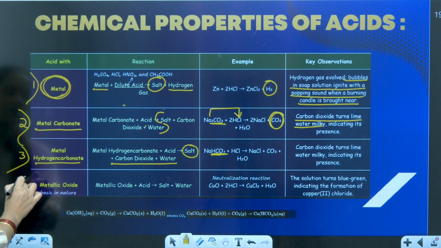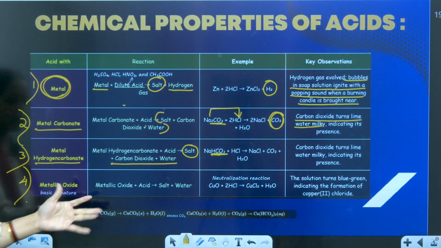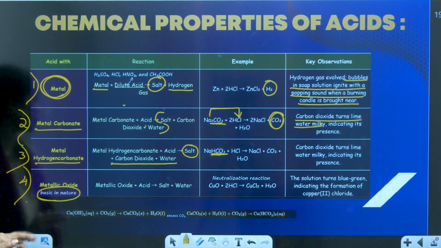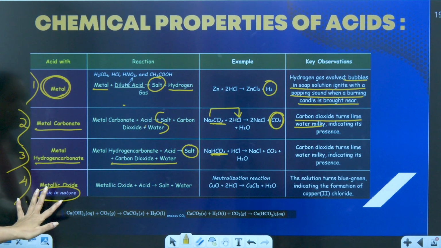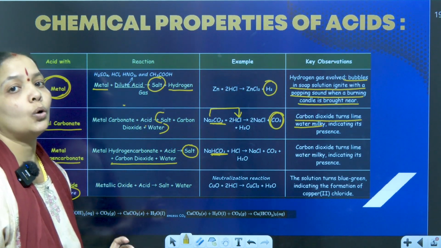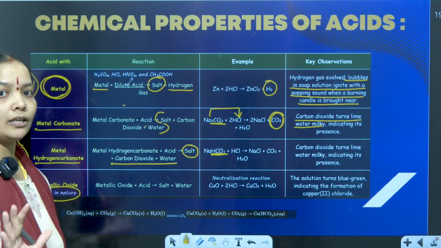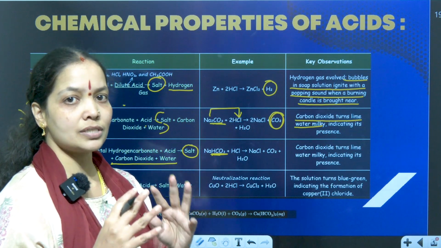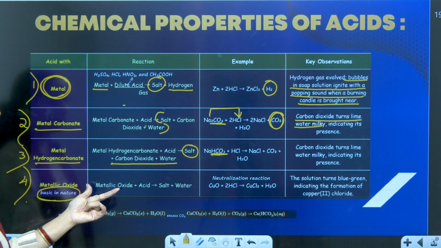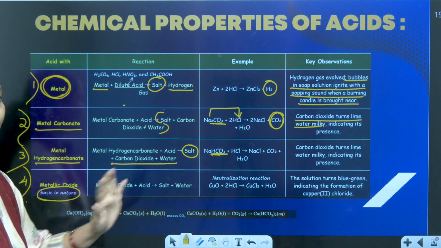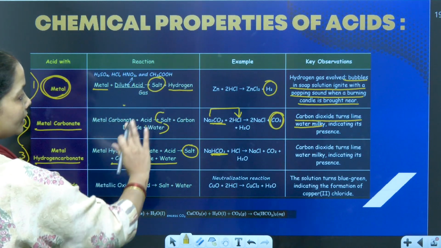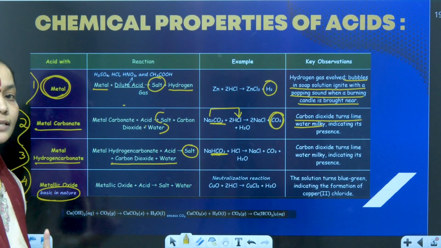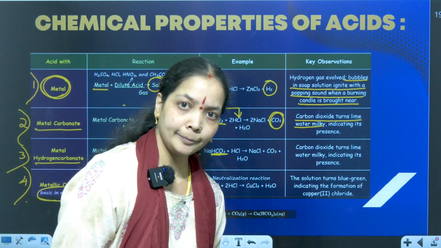Moving to the fourth general form, the metal oxide. Metal oxides are also called basic oxides. Metal oxides are substances like Na2O, a metal with oxygen. CuO, MgO, these are called metal oxides. The general form will be metal oxide plus acid gives salt and water. See, here: salt and hydrogen gas; salt, carbon dioxide, water; salt, carbon dioxide, water; salt, water. Remember these general forms, it is going to be very helpful for you.